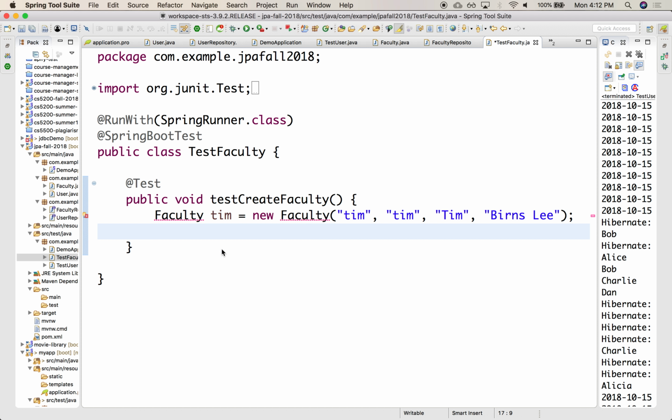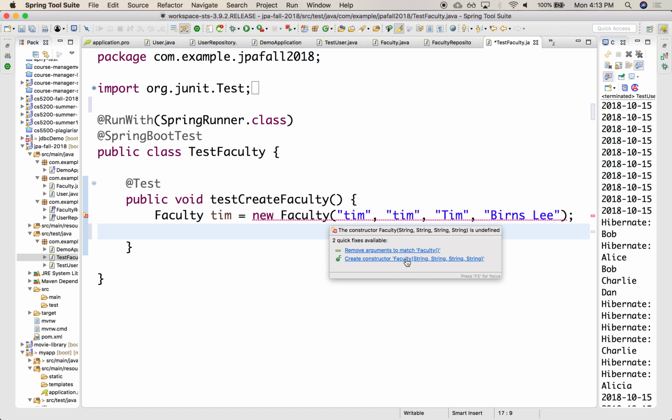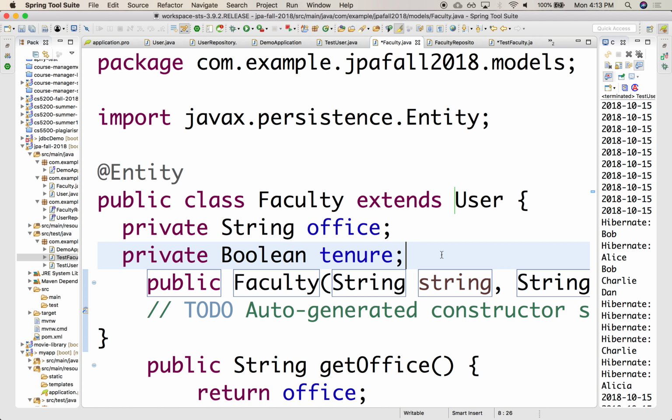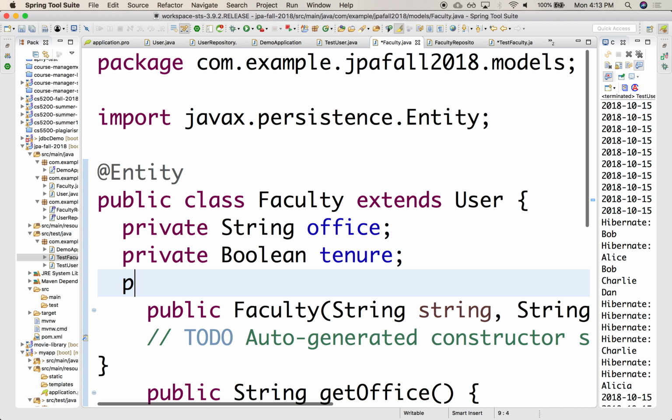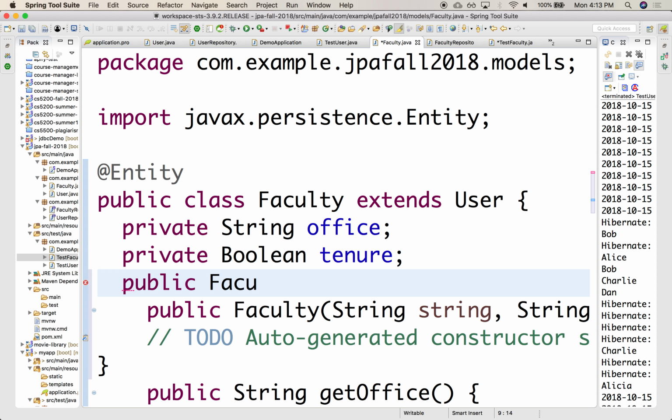Notice that this faculty, I'm about to save this to the database, right? But even though it's going to be saved to the database, this is not going to be a managed object. Okay, this is still just going to be a plain old Java object, right, that has absolutely no idea that it's connected to the database. All right, it'll do the insert, but this itself won't know that it has anything to do with the database. Okay, so we had to create that constructor, and we'll also need the no argument constructor Faculty,